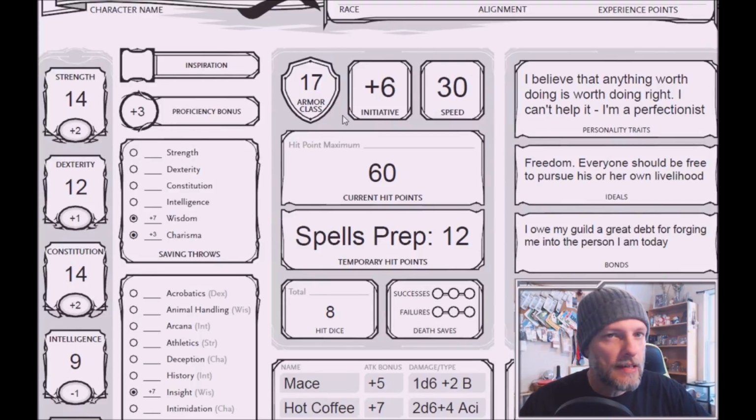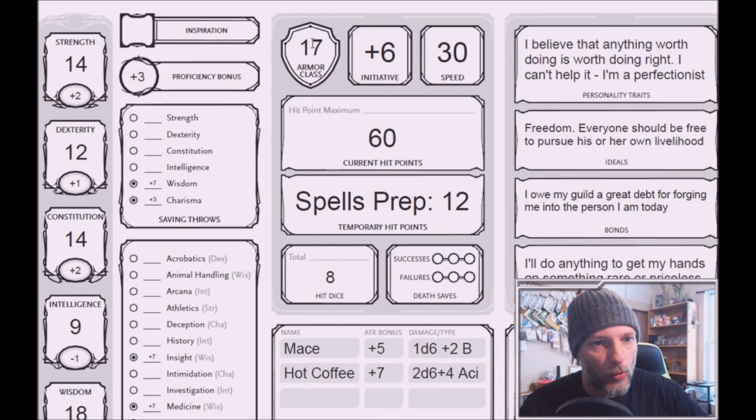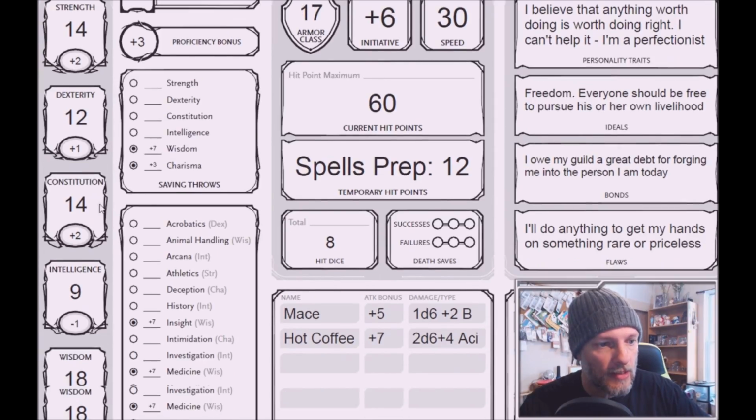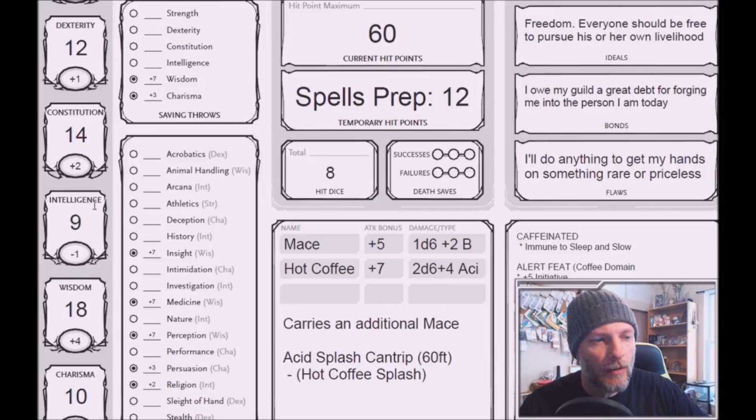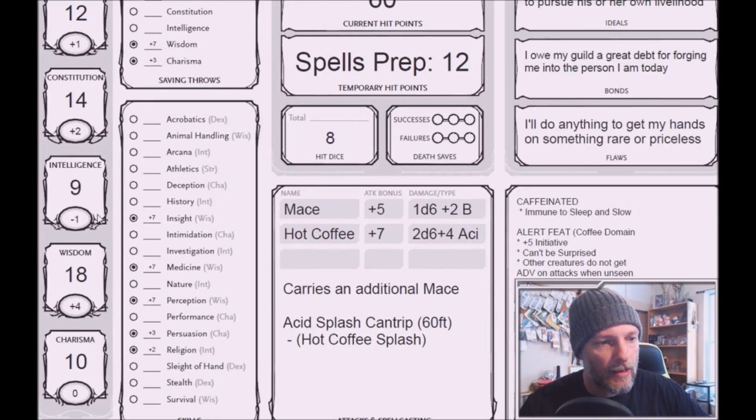Now, I used the standard array for ability scores, and I believe at level 8 I chose a +2 to wisdom. At level 4, I chose an additional feat, but what it ended up being is a strength of 14 because she is a cleric with a mace, a dexterity of 12 to get that +1 on the armor class, a constitution of 14, feeling that she is a fairly healthy person, and intelligence was kind of my dump stat,